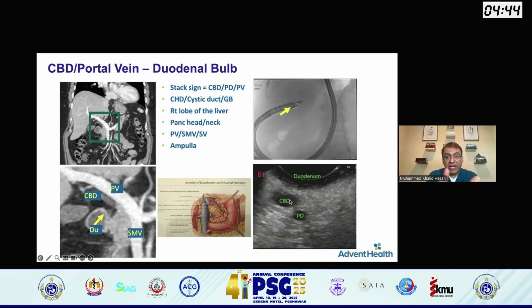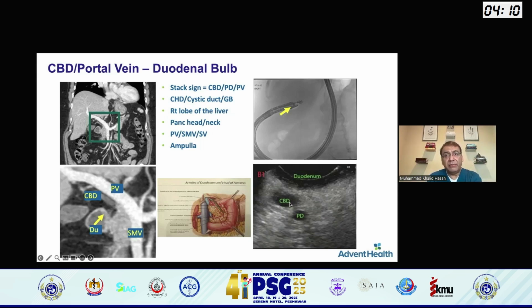In this case, I find the bile duct, pancreatic duct, and the portal vein, which are going to be close together, what we call a stack sign. Follow, rotate to the right to go to the papilla. There, follow the bile duct towards the liver hilum. When you get to the liver hilum, follow the portal vein, the right portal vein, and you are able to see all 4 segments of the right lobe of the liver. But that's for some other time; we'll talk about how to do the liver examination.